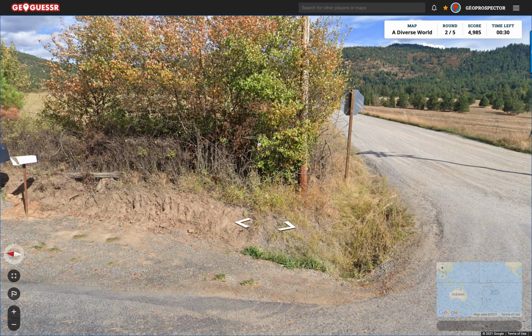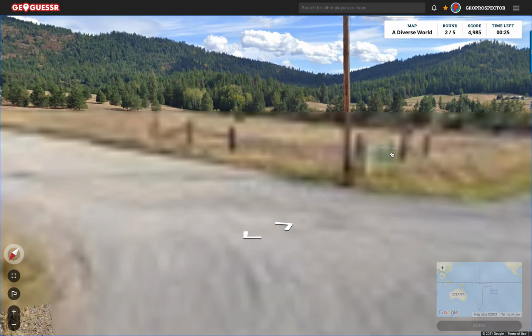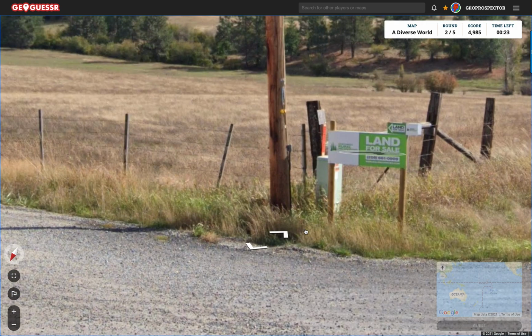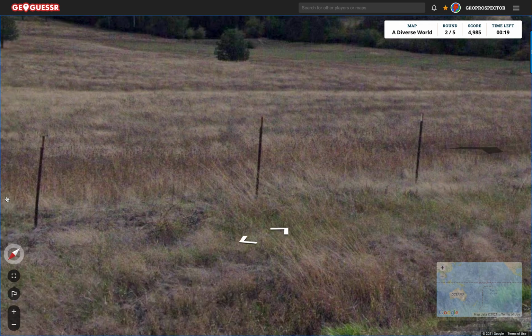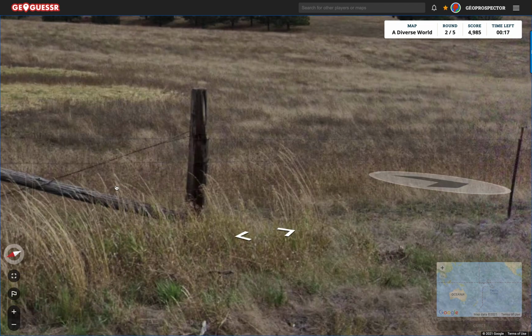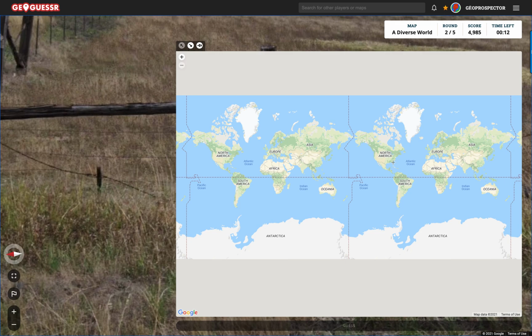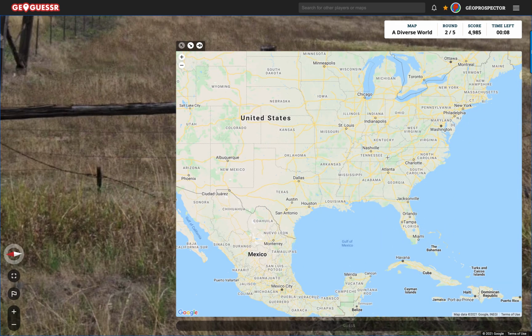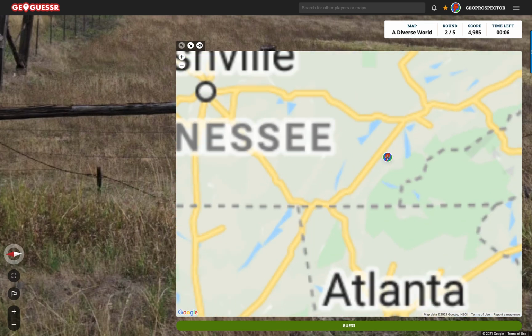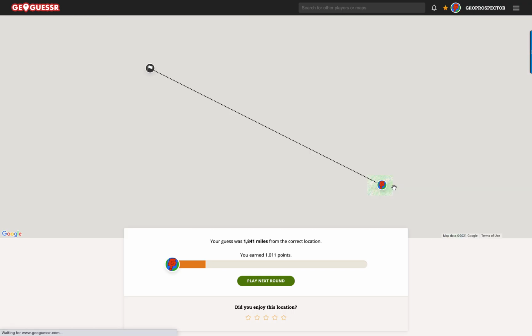Just hoping to score some details on this sign, but it seems unlikely. Land for sale. We've got 18 seconds, so keeping an eye on the clock. I think we're probably just going to have to park this one here. And let's go for something around here, Tennessee, where we can see these hills and so on. There's a lot going on here. We're on a north-south road, so...